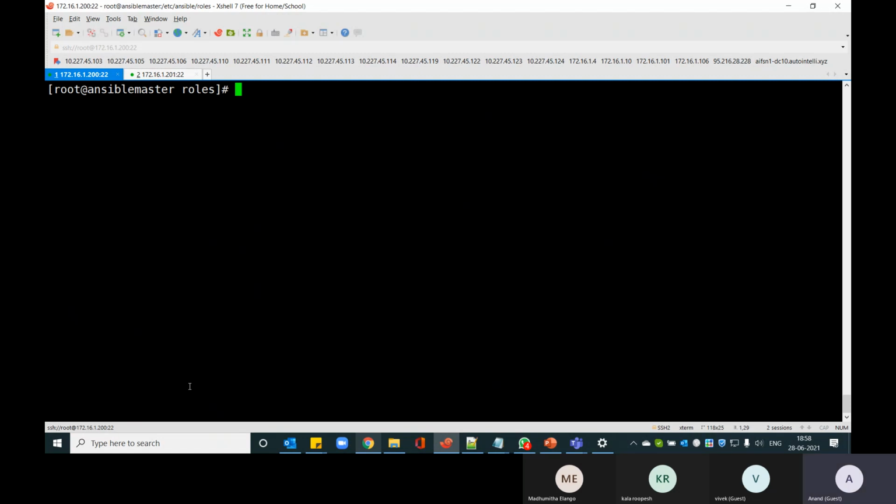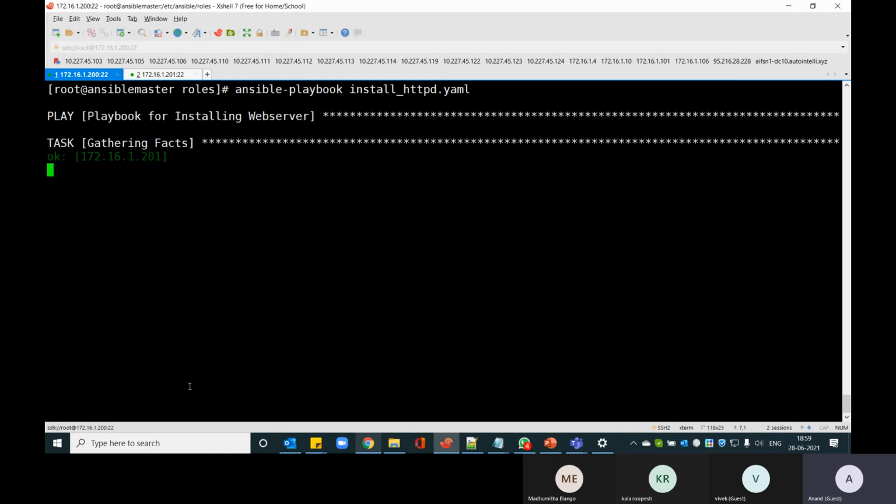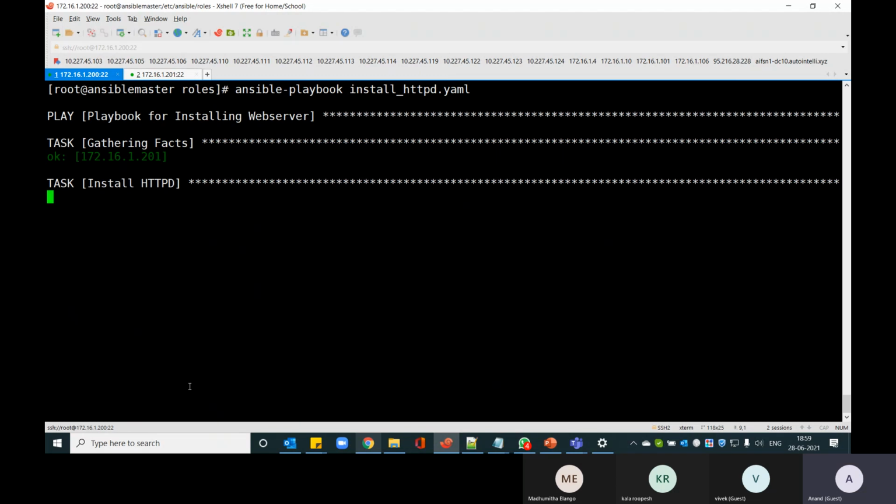Right, so let's run the playbook and see how it actually runs on the target system. I'm going to put ansible-playbook install-httpd. It's a playbook for installing a web server.